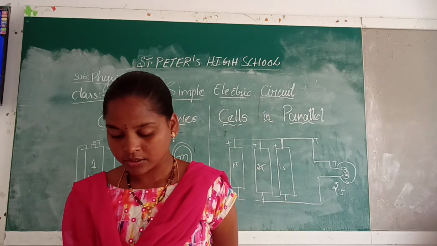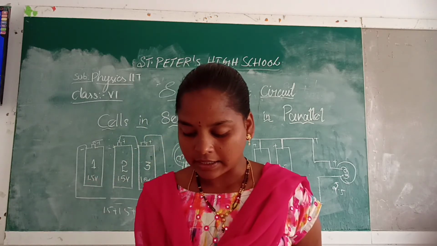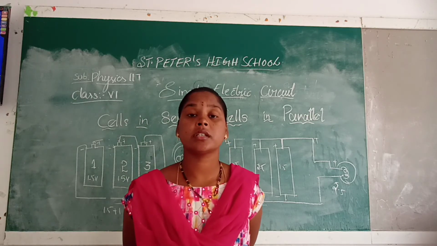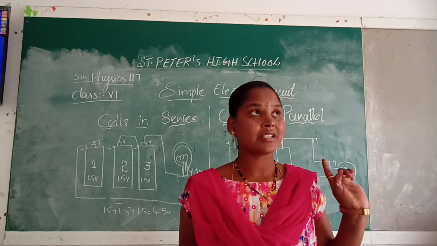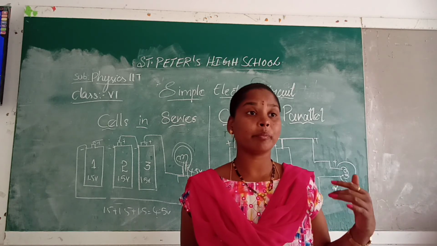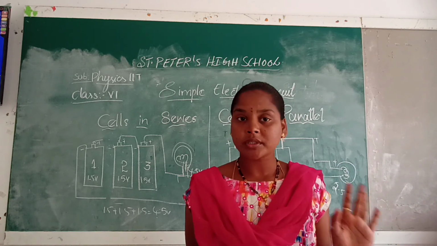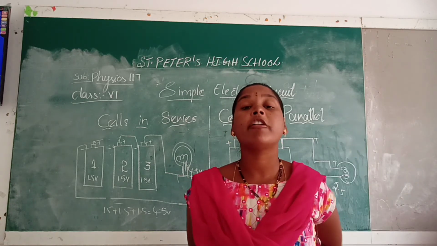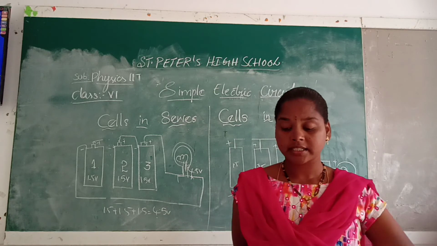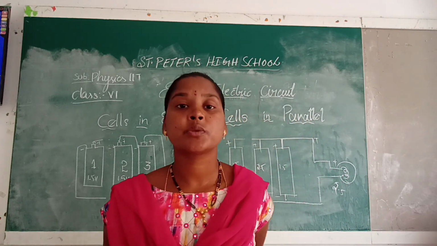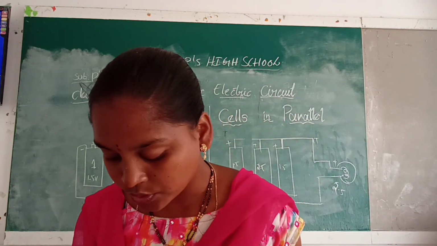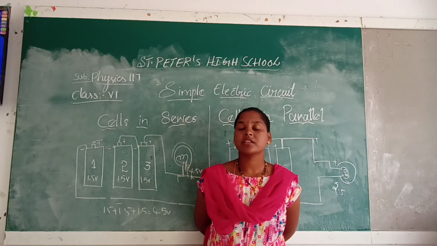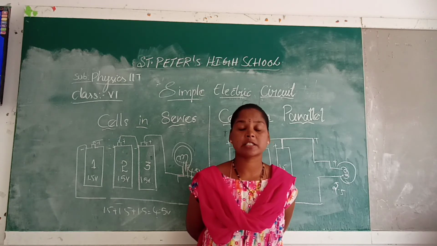So here are some short-answer questions. An electric gadget to break the circuit. In our houses, if the light is on, why is it glowing? Because the circuit is closed. To make the circuit open, what do we have to do? We have to switch it off. So what is the electric gadget we use for opening or closing the circuit? Switch. Next, an alloy used to make the filament of a bulb. When we discussed the bulb, I explained this.